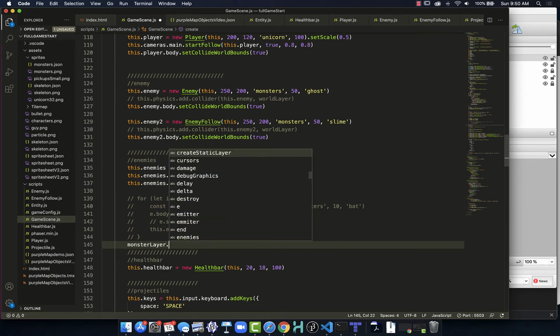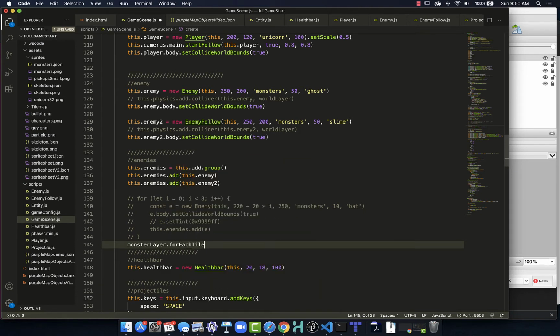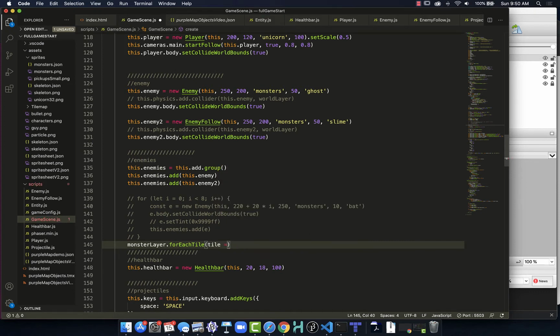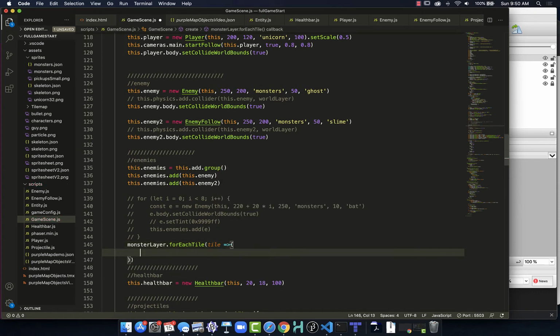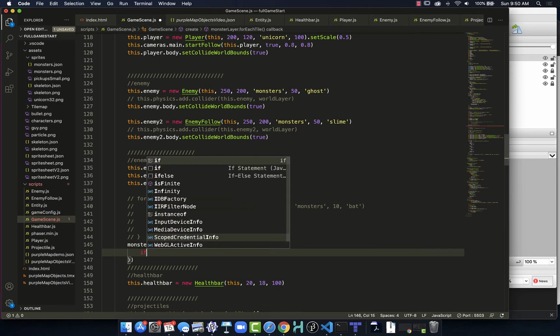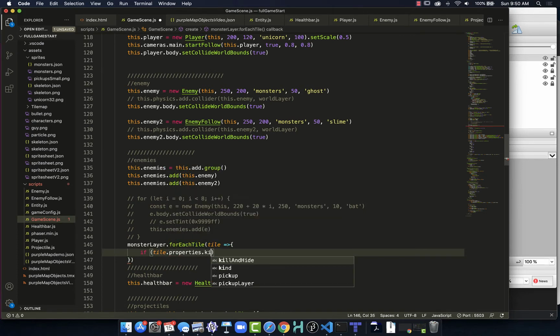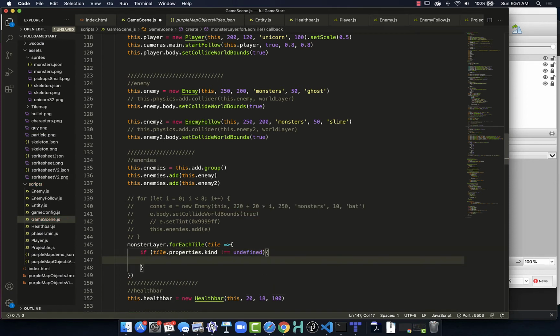So we have monster layer for each tile, and then reference that tile object, and then we will have our function that is going to populate everything with that. So what we first check once more is if the tile properties kind is not equal to undefined, and that means if the tile has